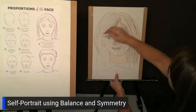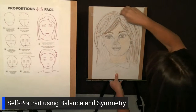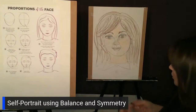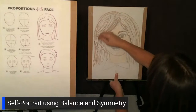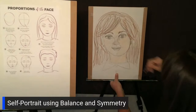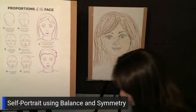So that's up to you. Colored pencils take a little bit longer. So maybe you could do another one when you have more time and take your time to color it in, shade with colored pencil. Remember, we're not going for perfection here. This is not going into the art museum. This is for you to explore, learn, create